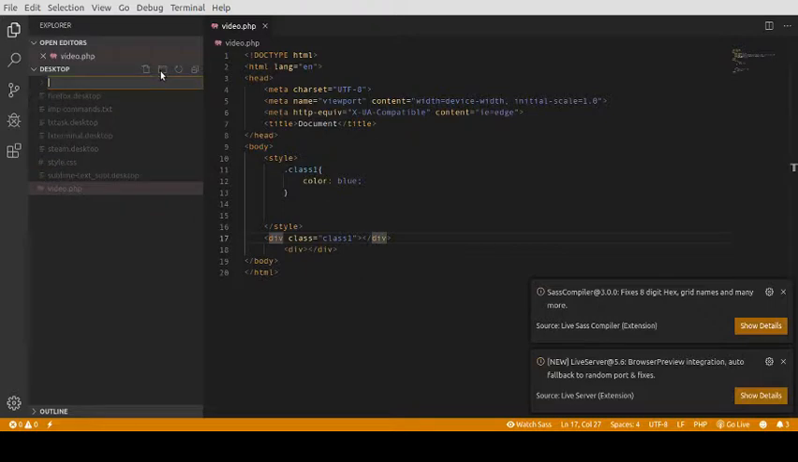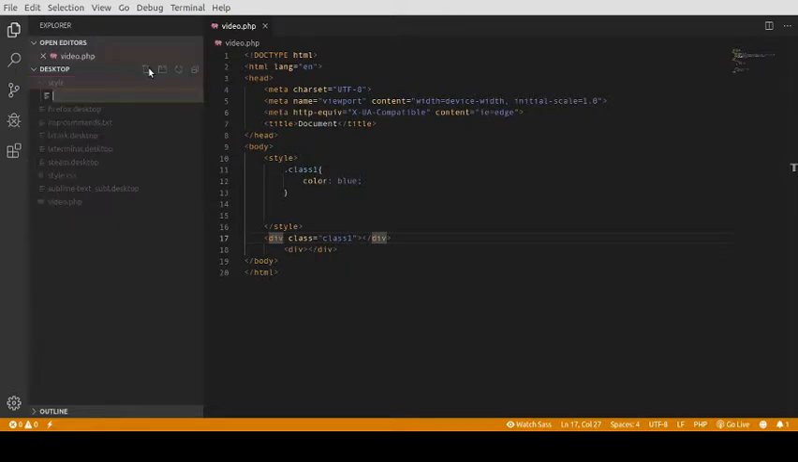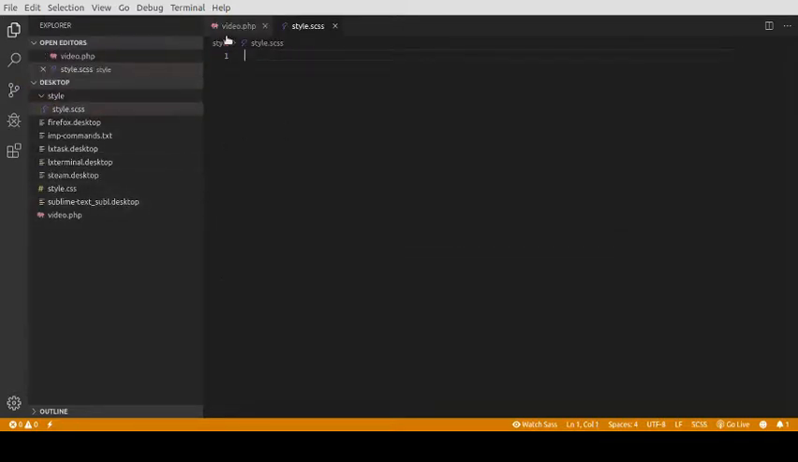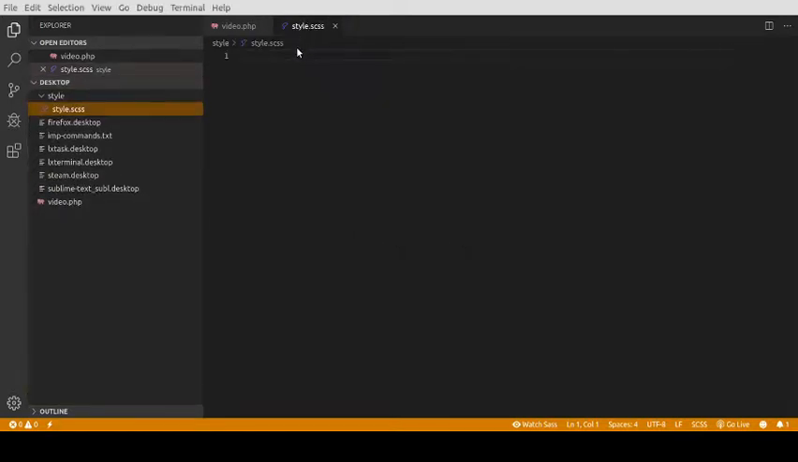So I'm just going to type a new folder called style, and then in the style folder I'm going to create a new file called style.scss. Now in the style.scss file I'm going to remove this one, and in the scss file, now you can see out here in the bottom there is a watch Sass option,